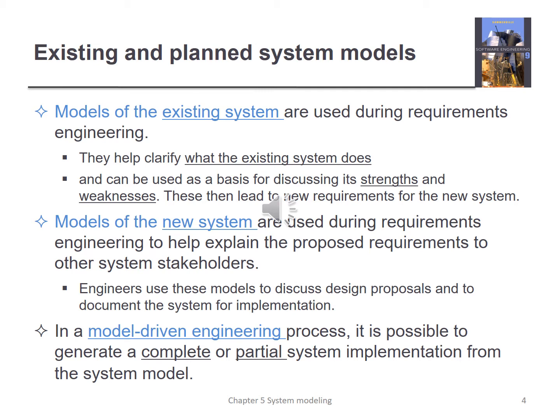So the models of the existing system are used during requirements engineering. What for? To help clarify what the existing system does, to find out what the problem is, in order to find where the strengths and weaknesses are. So in order to fill in the problem definition, we have to find out what the system is and how the system is doing the function now, in order to try to fix it,